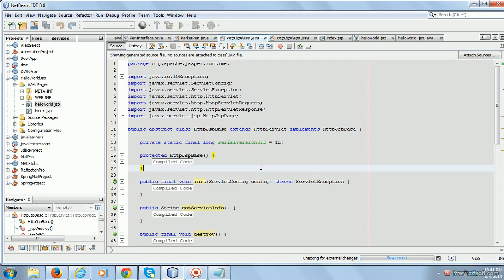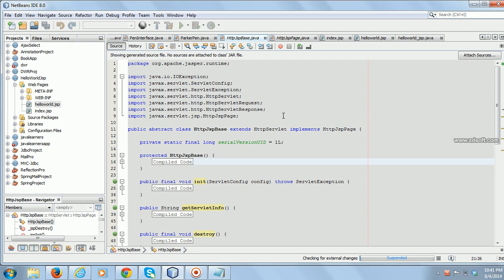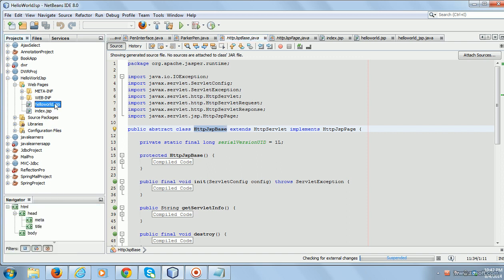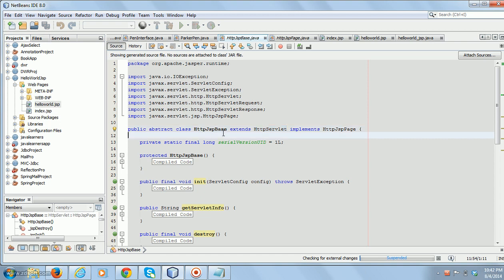Generally when we write a servlet, we directly extend HttpServlet. But here the container creates a class which extends HttpServlet. The .jsp page will be converted into a servlet, right? That servlet will not directly extend HttpServlet. Instead, it will extend a class which extends HttpServlet, right?